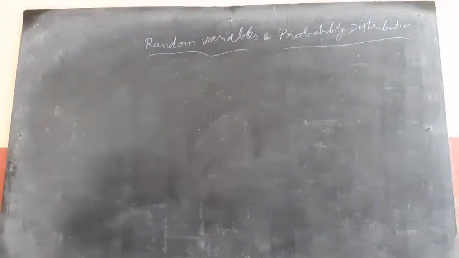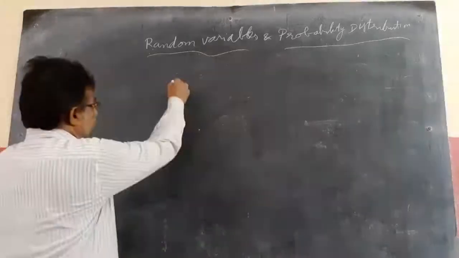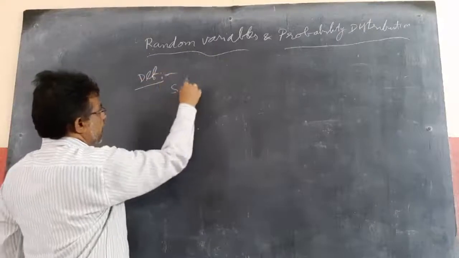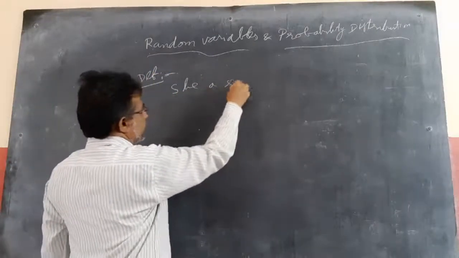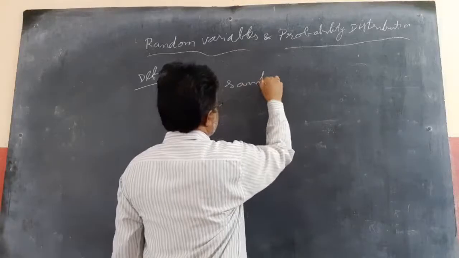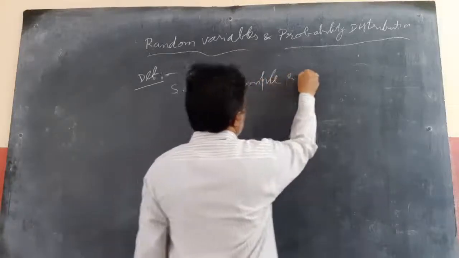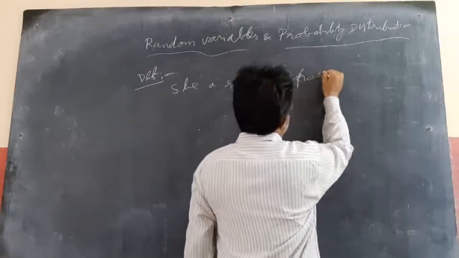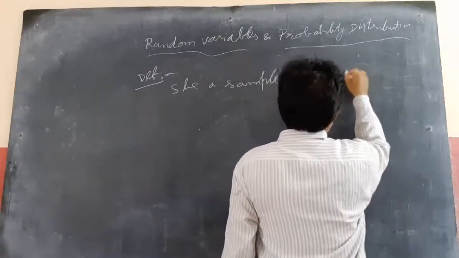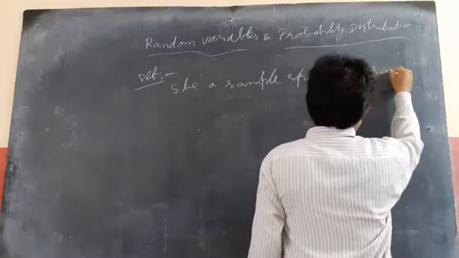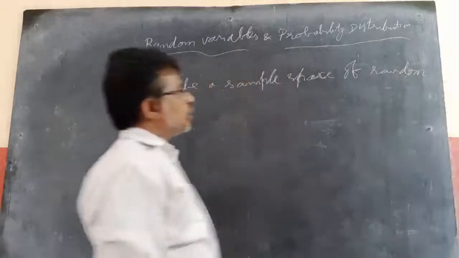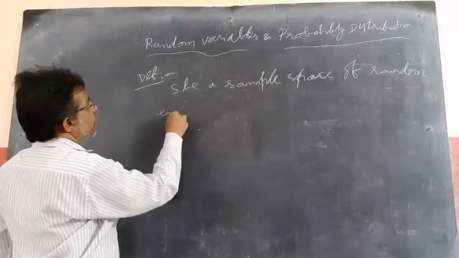Definition: if S is a sample space associated with a random experiment, S being the sample space of a random experiment, whose outcome is unknown, I already told you what a random experiment is,